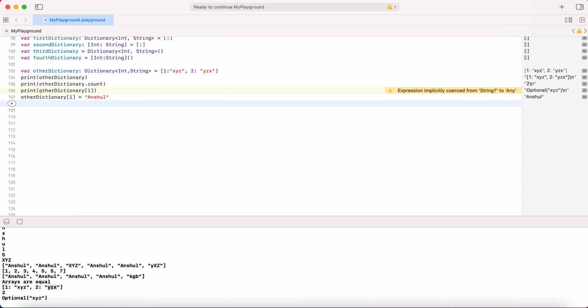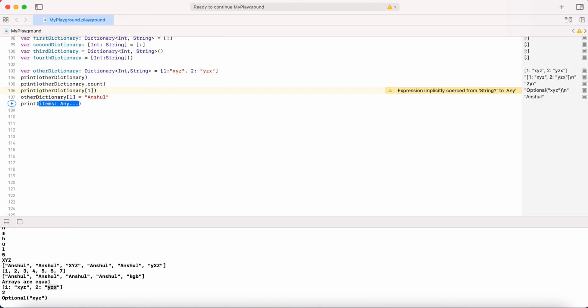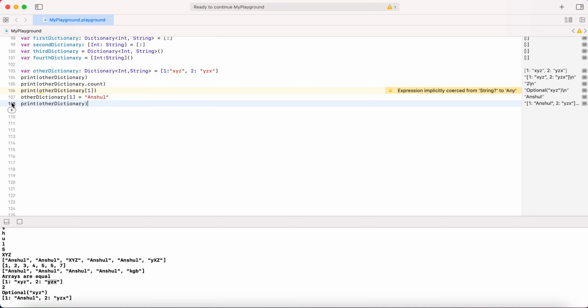Now I am going to print the dictionary again. So now you can see the key 1 value is Anshul, the key 2 value is yxz. So what I did is I reassigned it.